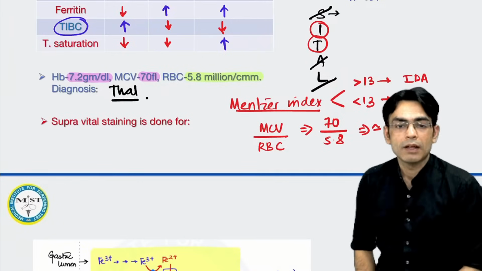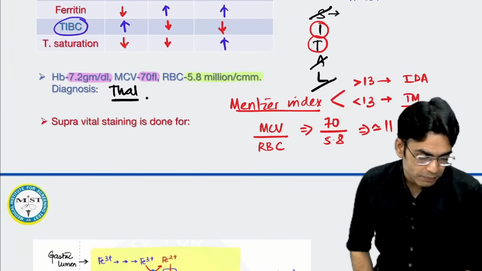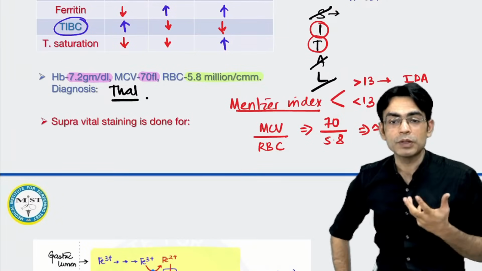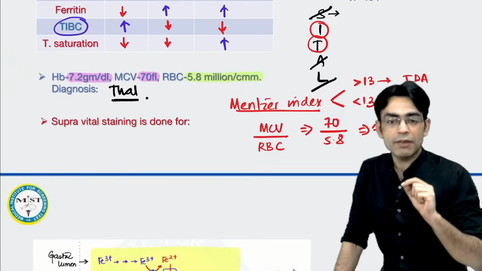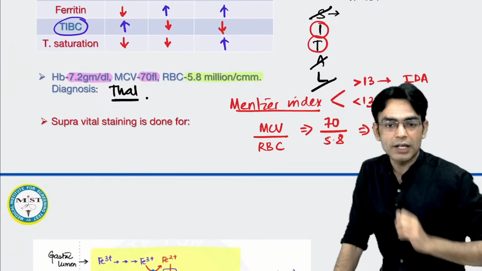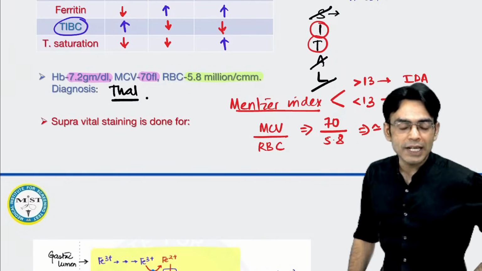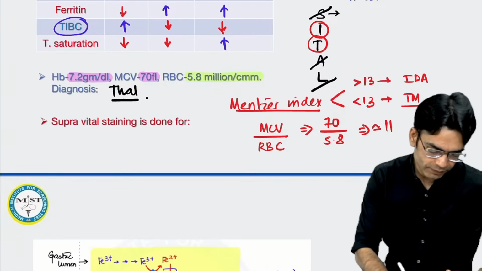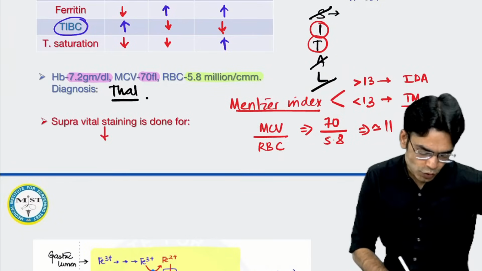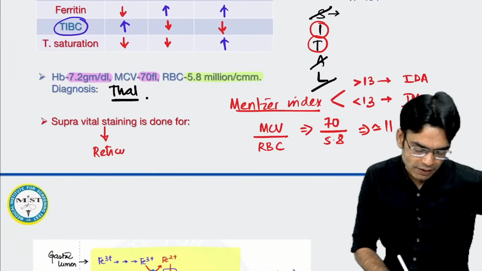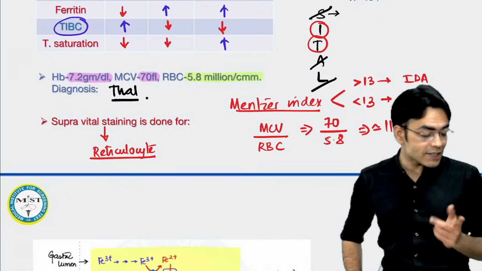Okay. Now, beta, I do not know the page number, Madhumita, in the workbook, but where I have taught you iron deficiency anemia in the workbook, there we have done it. Now, supravital staining is done for? Yes, Gaurav Suthar, supravital staining, you are right, it is done for reticulocyte. And in a supravital stain, why it is different?